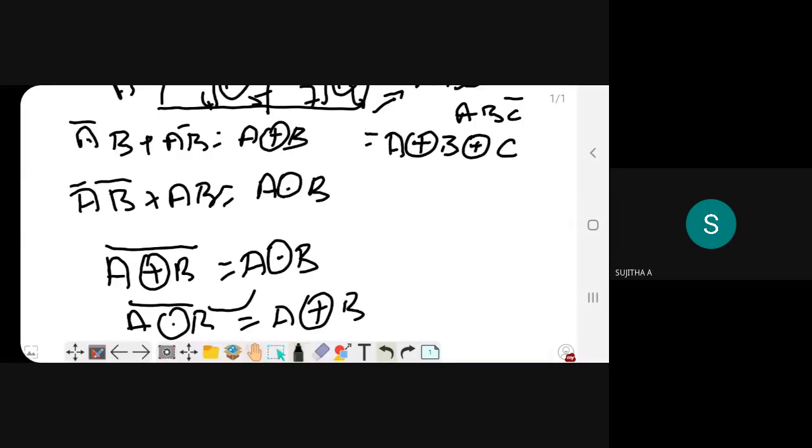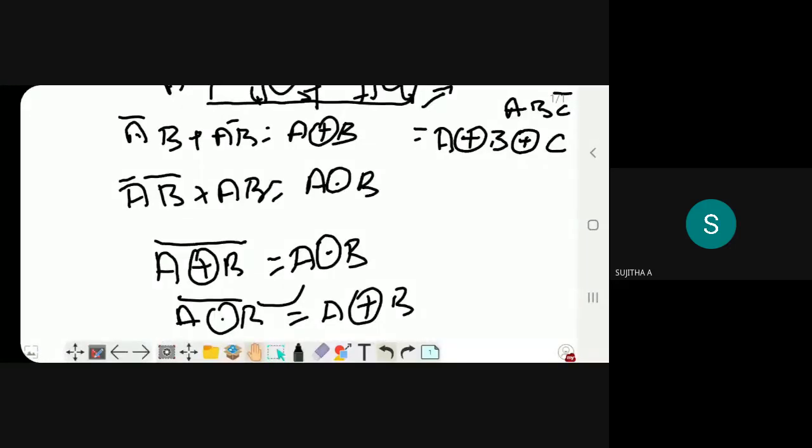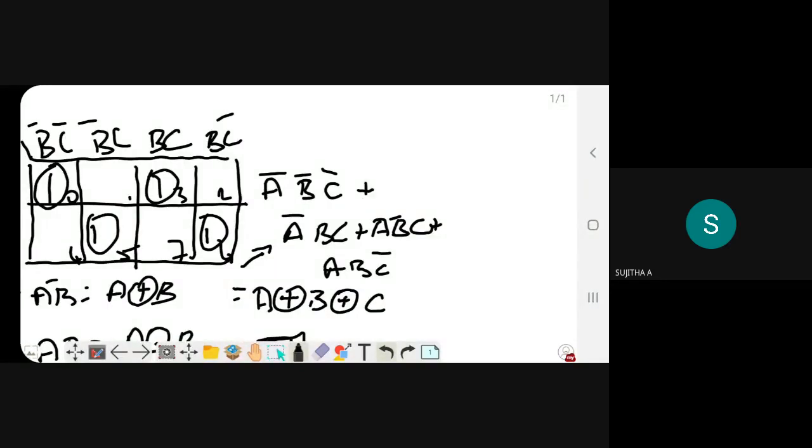How do I get this equation from the above equation? By applying these four conditions, to get the A XOR B XOR C equation from the equation which I got from the K-map. Can you able to get it? Puridama?